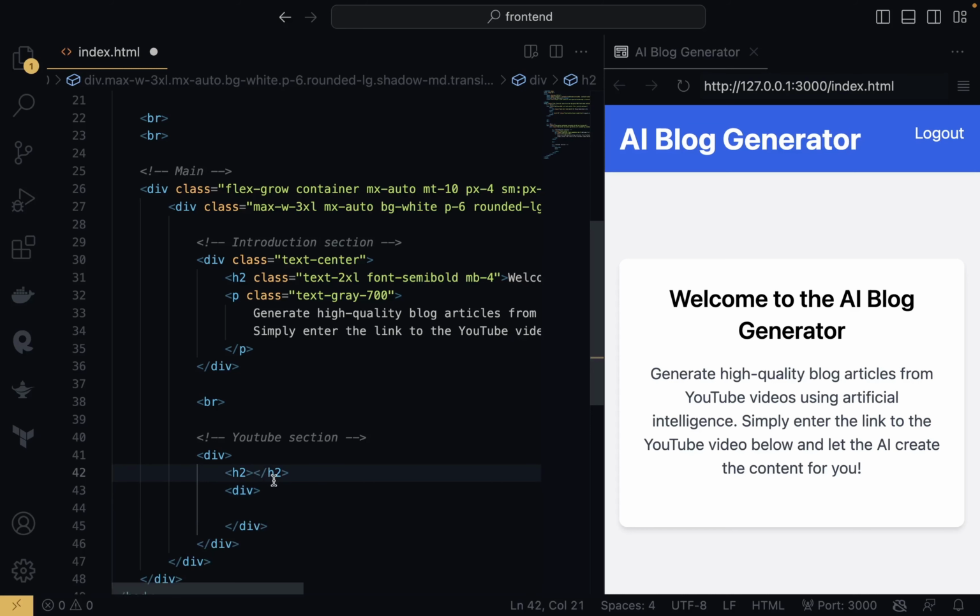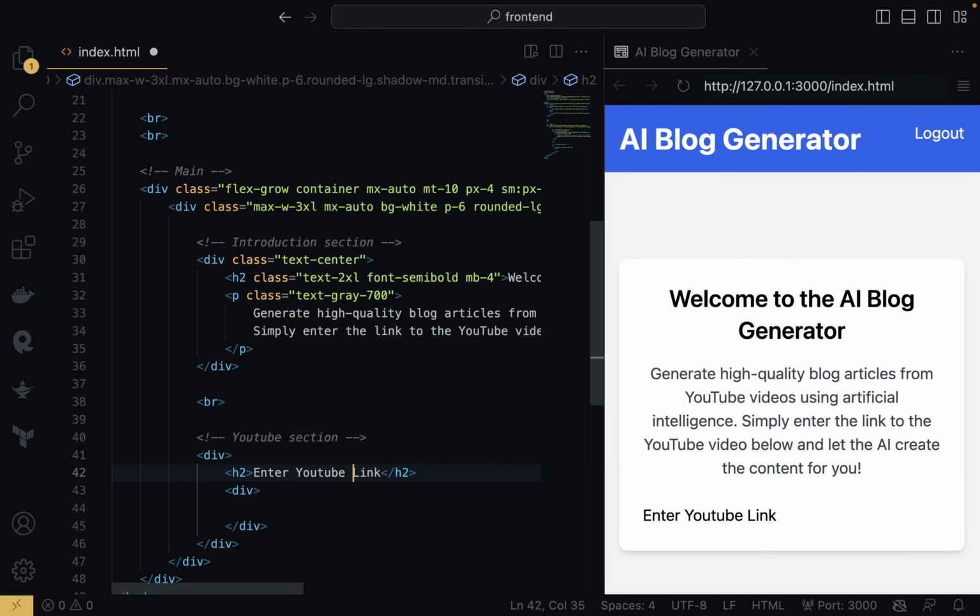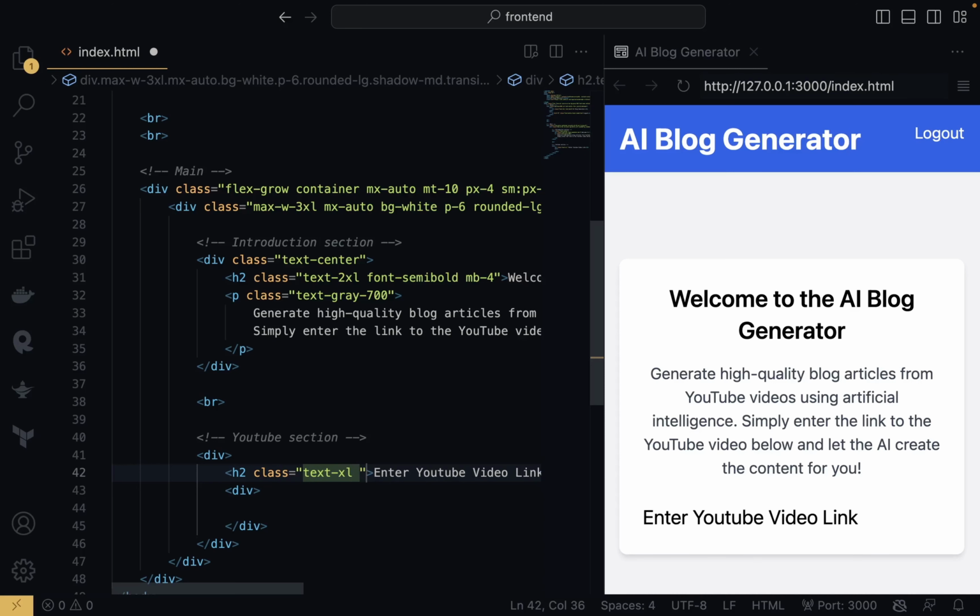So now under this h2, I want to have something that says enter YouTube link, and let's style it, because right now it's looking mid. So class text-xl, nice, and mb-4, nice, and font-semibold,